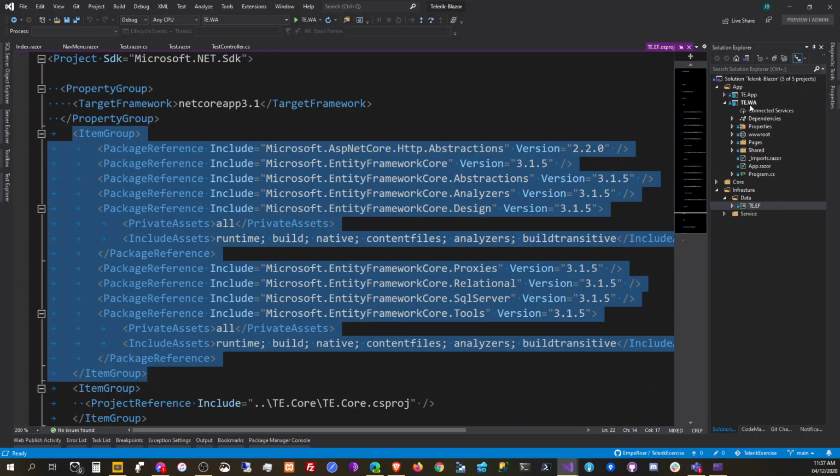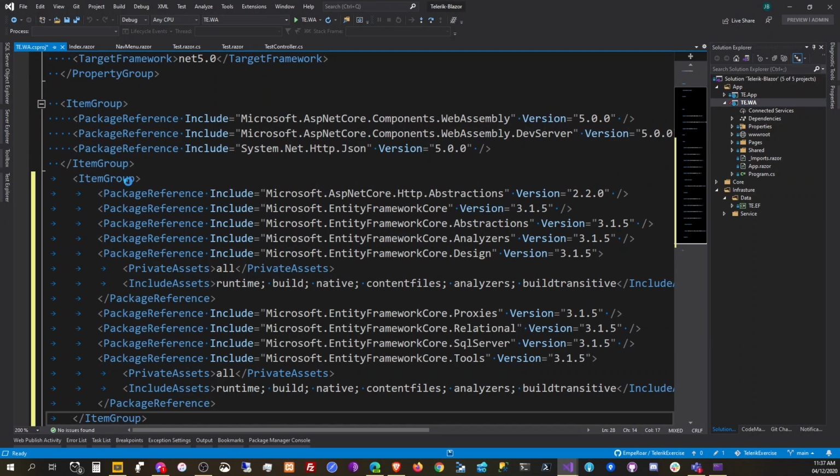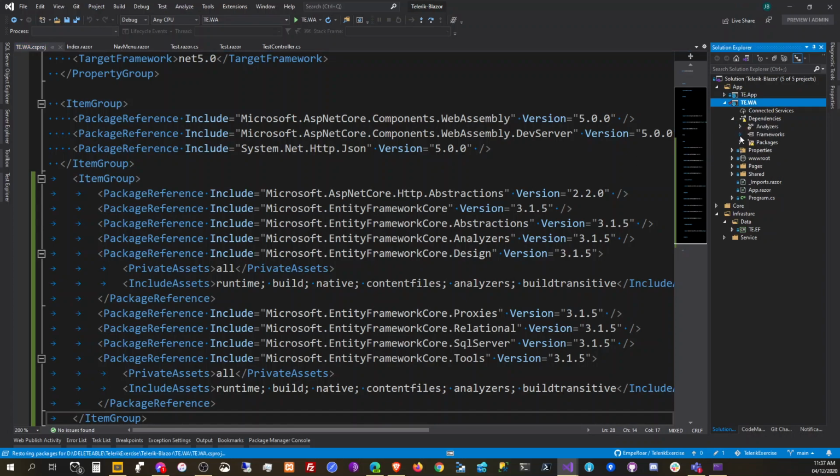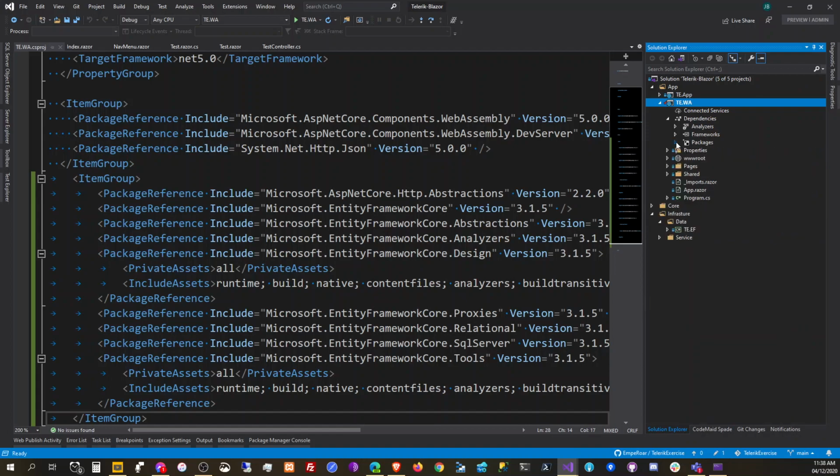Okay, so these are the references. Let's see if we can add this on a Blazor app. So it's now having issue. Is it building? Okay, so it's running. So, okay, and then